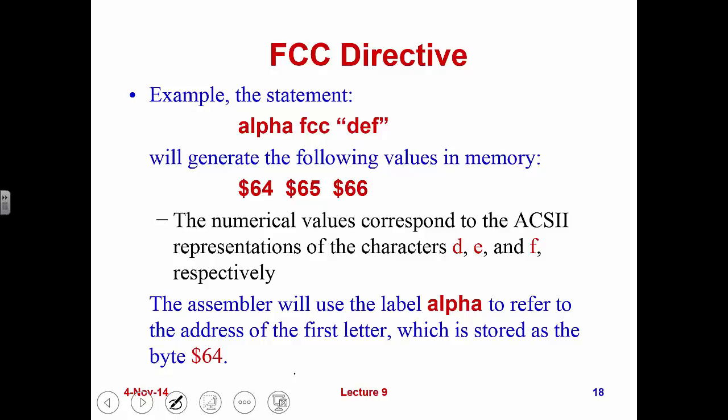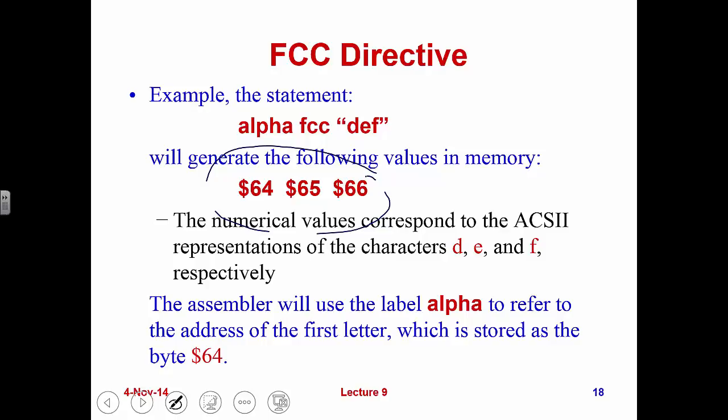So now, after we initialized the values of memory by these characters, this generates those three values, 64, 65, 66